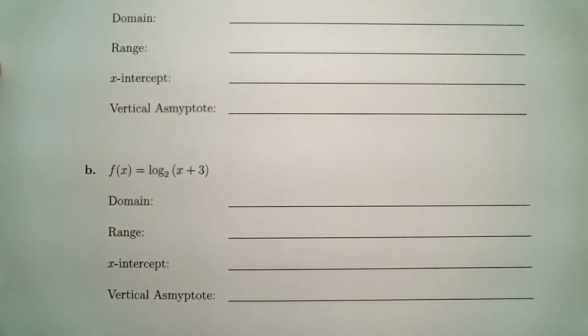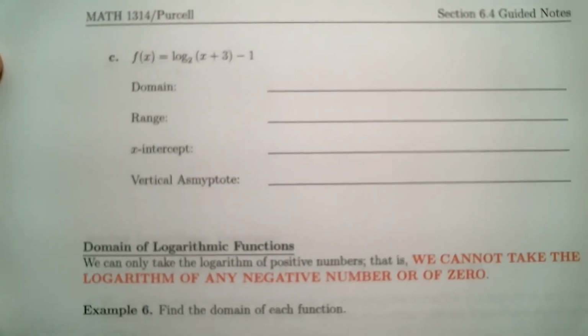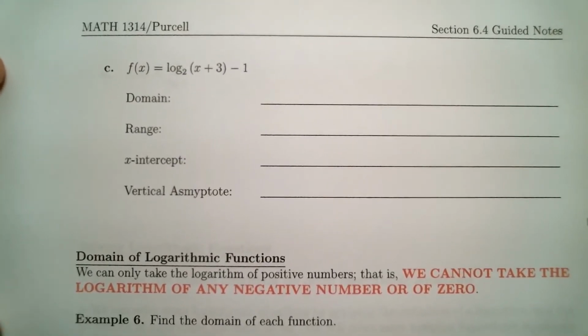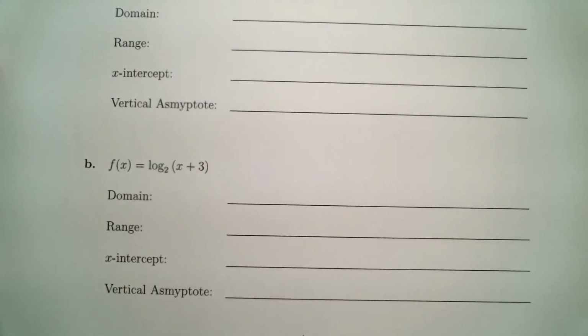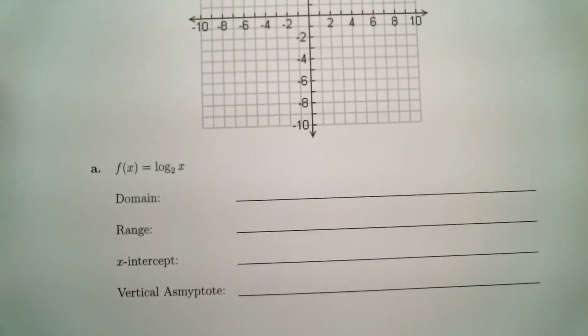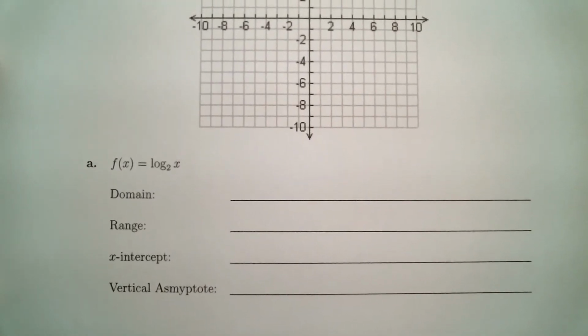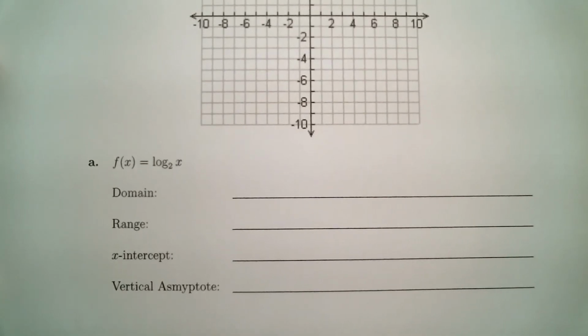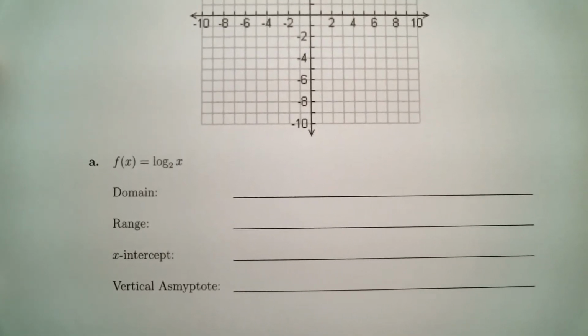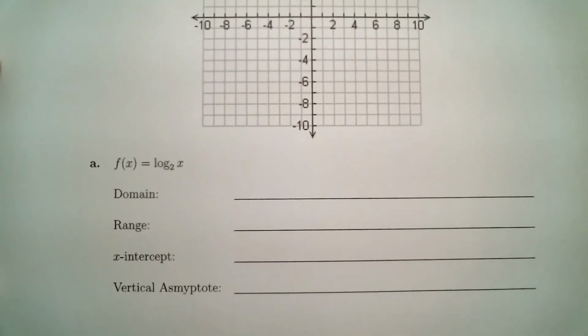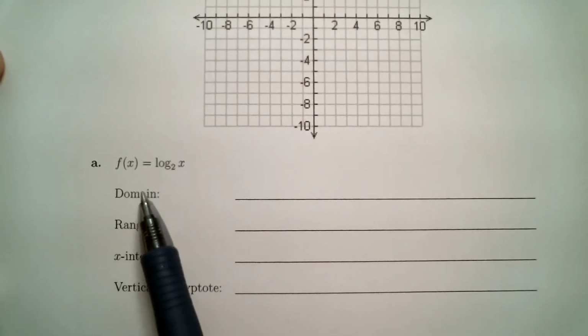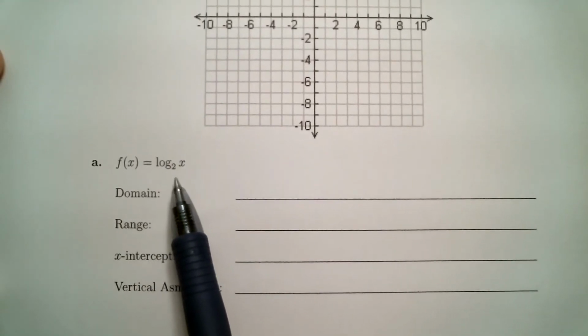In part C, we're going to graph log base 2 of x plus 3 minus 1, which is another transformation. The key here is getting the log base 2 graph, and after we have that, we can just apply one or more transformations as necessary. So this is how we do this. It's not that bad. We're going to graph log base 2 of x,